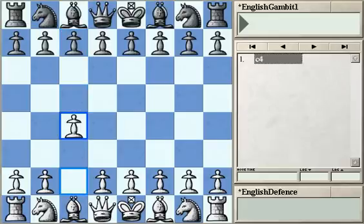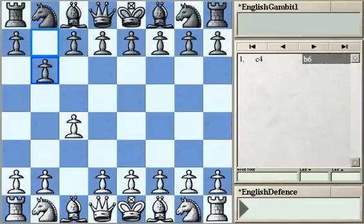However, one of the interesting and quite rare lines here is to play b6. The light square bishop is going to develop on b7. We call this opening line the English defense. So by playing b6 and bishop b7, black is trying to take more control over the a8-h1 diagonal and also, of course,